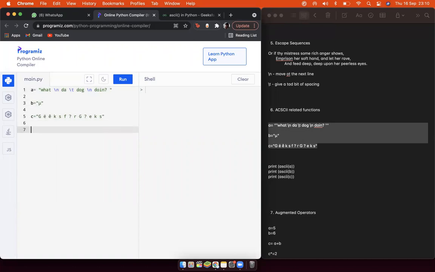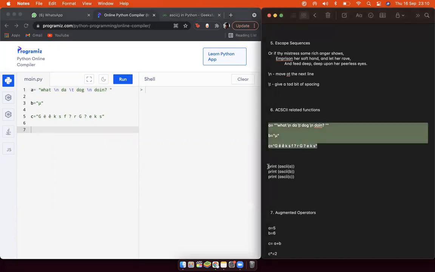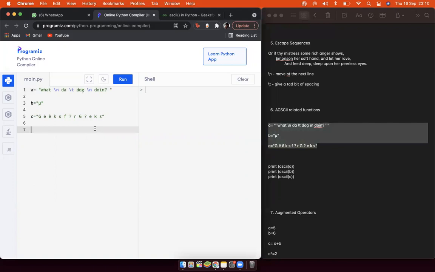If I write print A, it's going to print something like this. After the first word it goes one line down, then after that there's a little bit of spacing, then there's a dog, and then it goes one more line down.